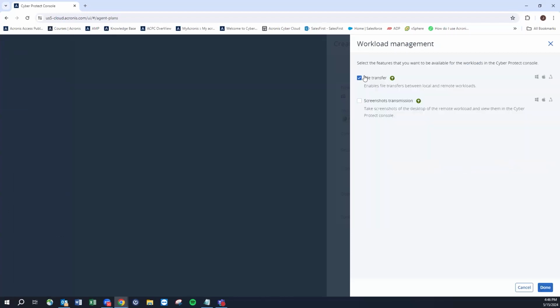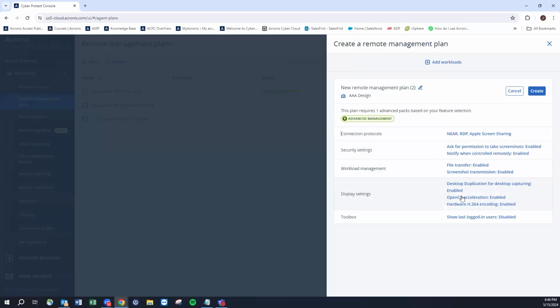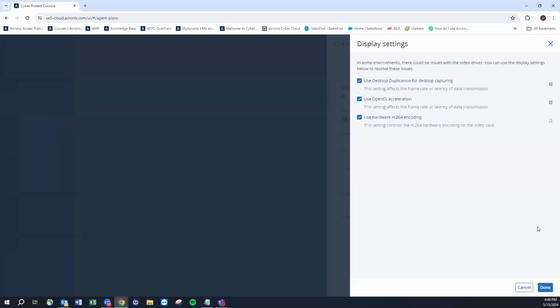Workload management. So you have two options, pretty straightforward, for file transfer or screenshot transmission. I would say natively both of these being selected would be very advantageous to have kind of an apples to apples for what you might have been using for remote connectivity protocols. Display settings are already optimized. So just so we're aware,